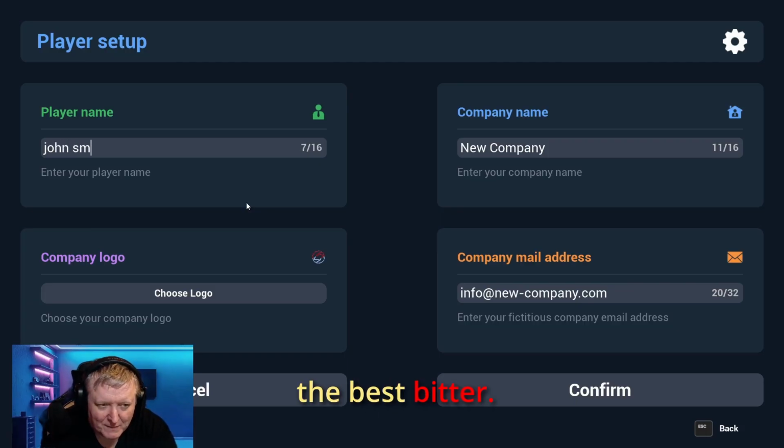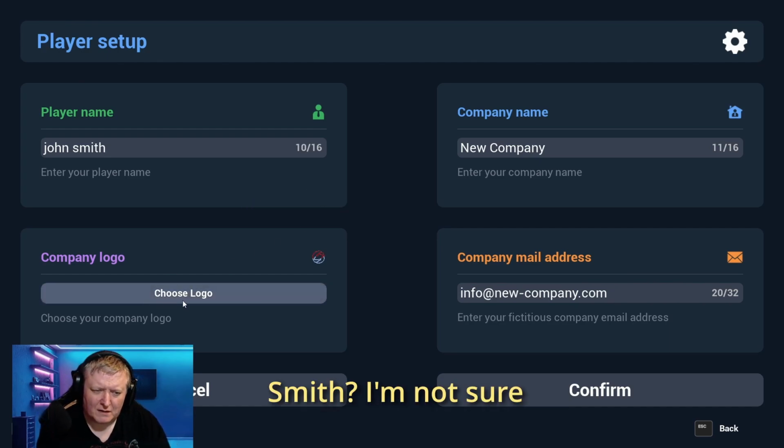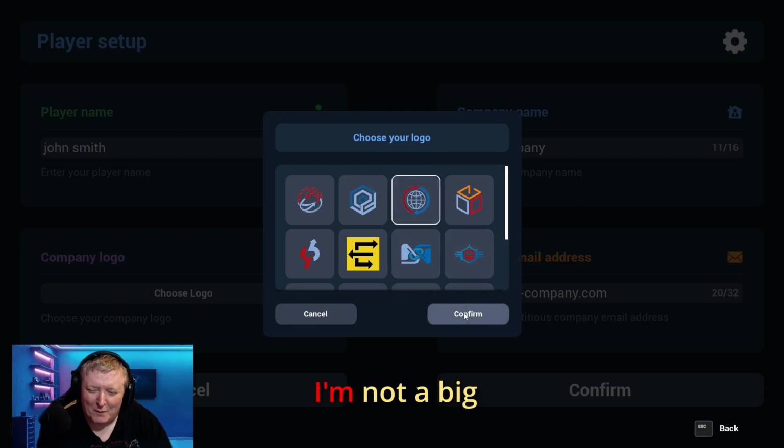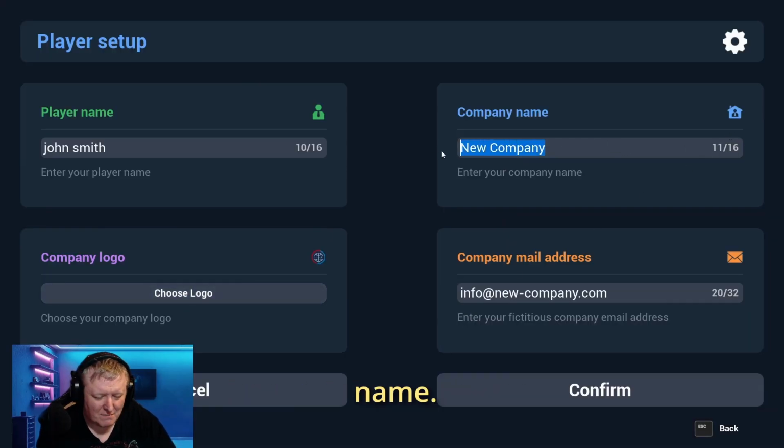You know he does the best bitter. John Smith. Was that John Smith? I'm not too sure, actually. I'm not a big beer drinker, so